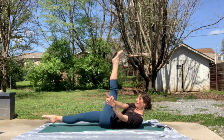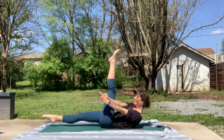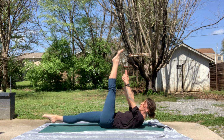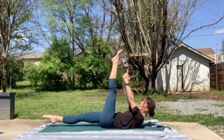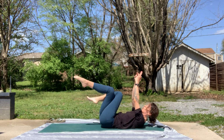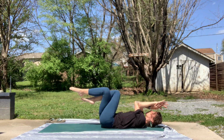Now hands go outside the left thigh. Pulse up. 5, 4, 3, 2, 1. And now reach up towards the sky, towards the upper toes. 5, 4, 3. Connect to the low belly. 2, 1. Good. From here, cross left leg over right, and then left arm under right, so we're eagle on